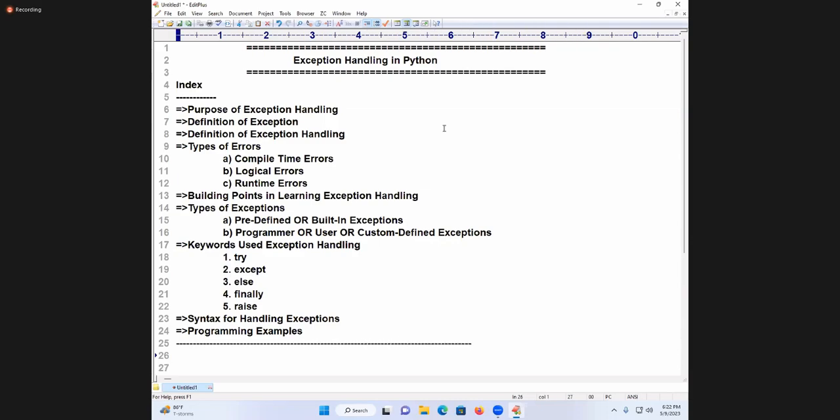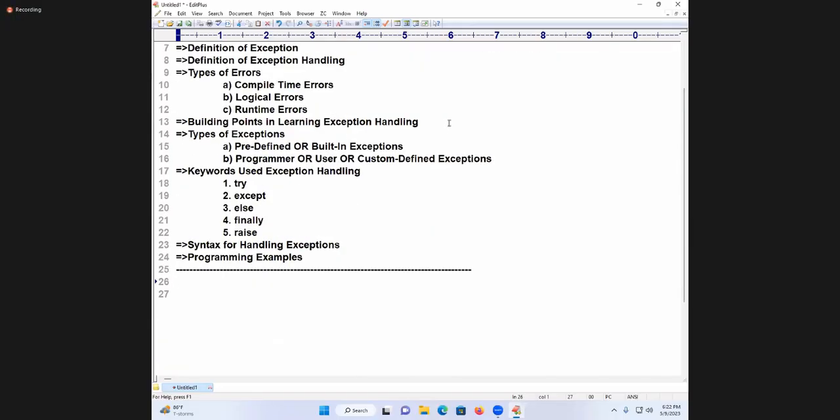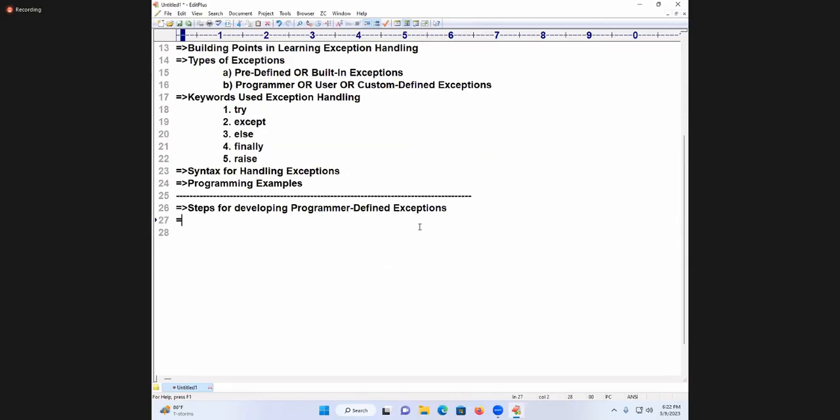First part of that, we are talking about steps for developing programmer-defined exceptions. Next, programming examples. This is the most important topic, students.